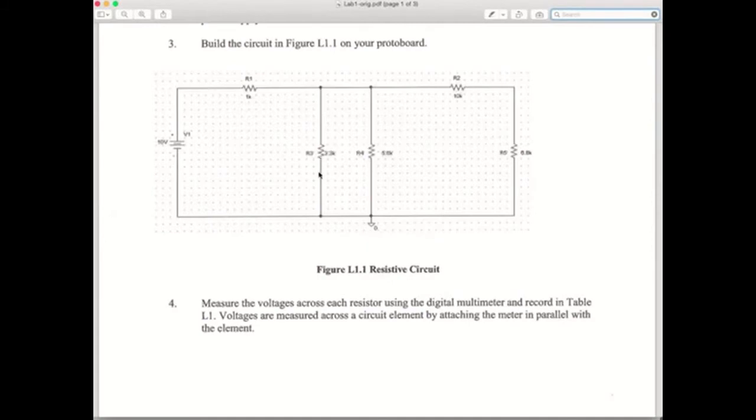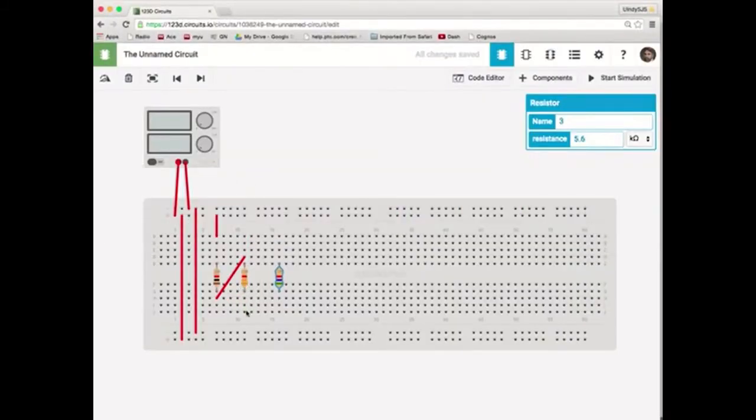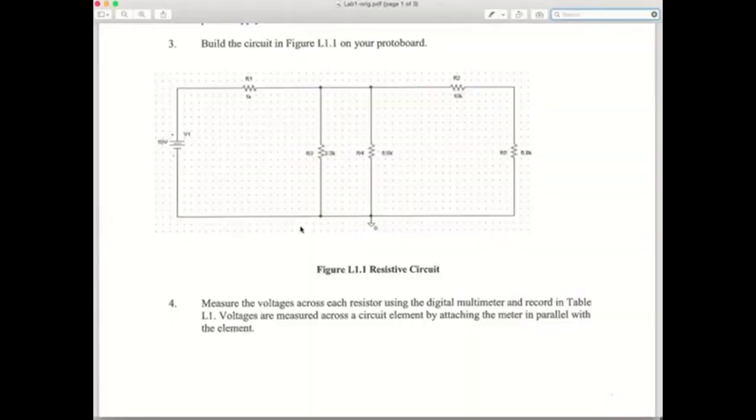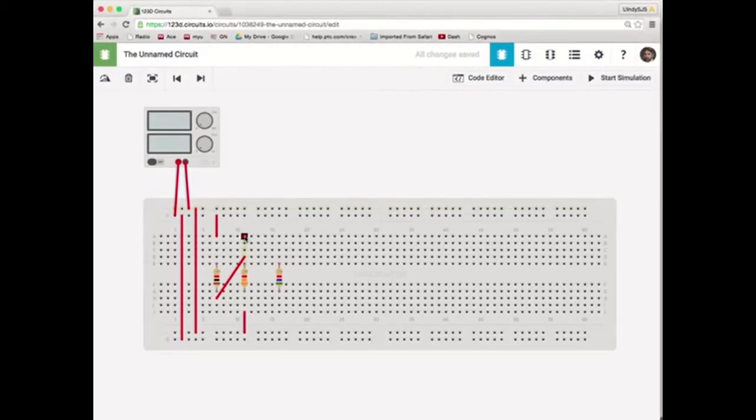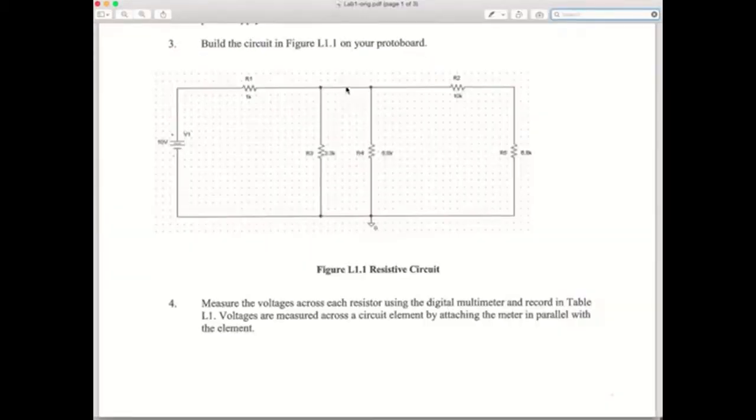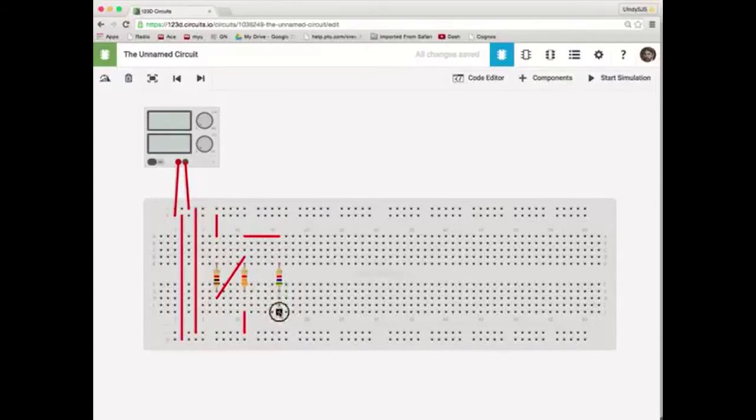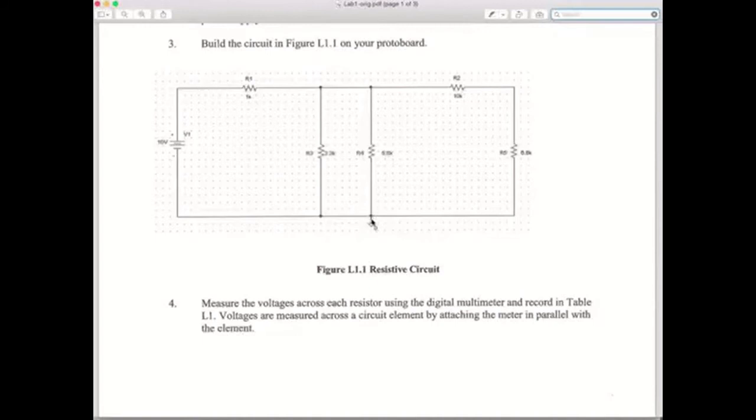So the 3.3K, of course, is connected back to the negative terminal of the power supply. So let's go ahead and hook that up. And then the other end of the 3.3K connects to the high potential side of the 5.6K, so let's hook that one. So I just added this wire right here. And finally the 5.6K, the other end, connects to the negative terminal of the power supply, so I just added this wire here. So I've got all 3 resistors hooked up to the power supply,